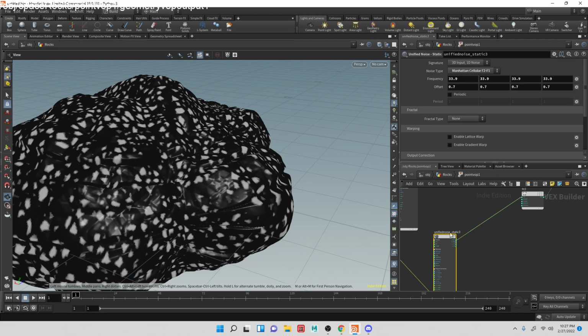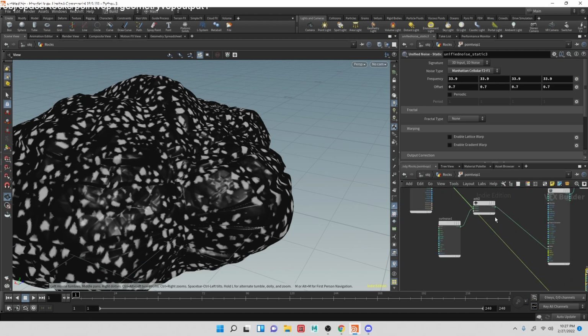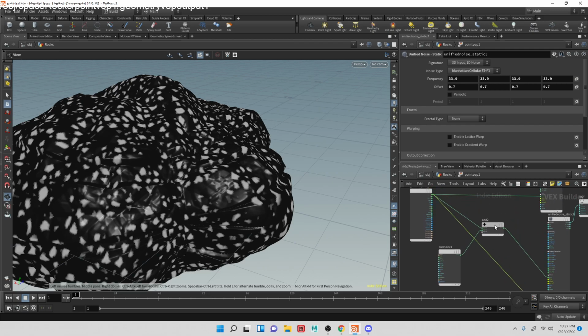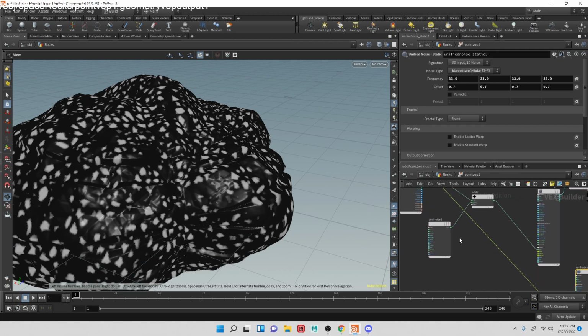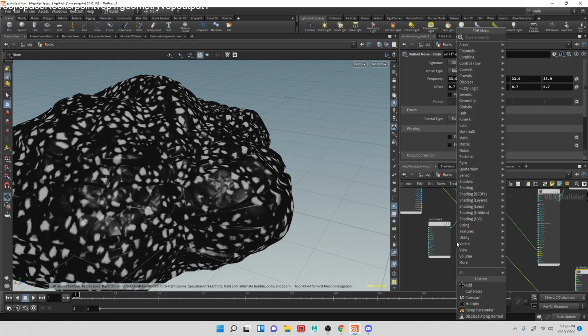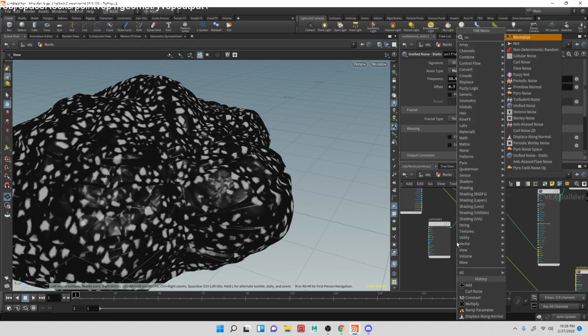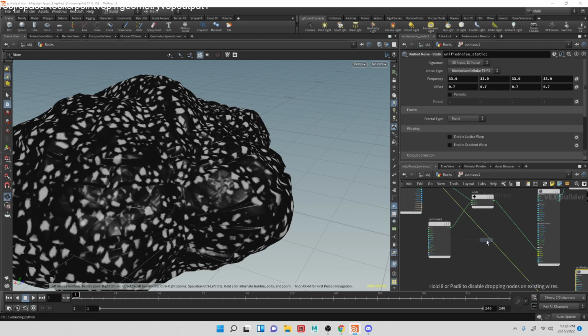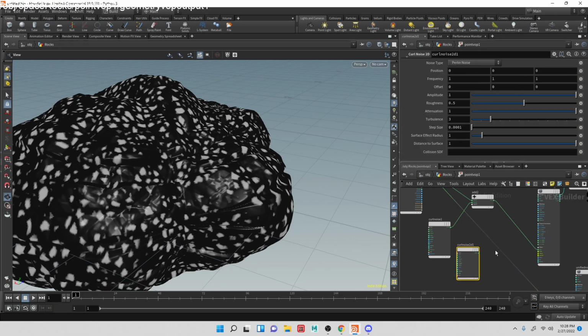Okay, and then let's look at maybe adding some noise, kind of like what we did over here. So let's take the noise and let's do curl noise 2D and then add